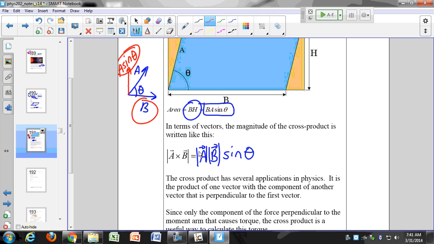We saw it last semester with torque. Remember, torque was R cross F, because we wanted to know the force that is perpendicular to the moment arm, because that's the part of the force that causes a torque. And we're going to see it also here with the force on a particle traveling through a magnetic field. And then that'll have a lot of applications for, for example, electric motors, mass spectrometers, electric generators, what have you. But this is how we determine it.